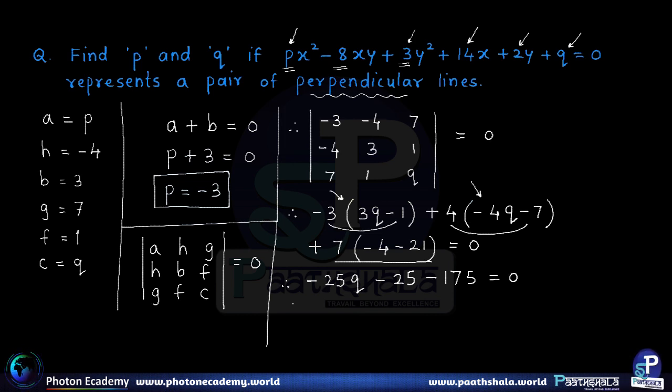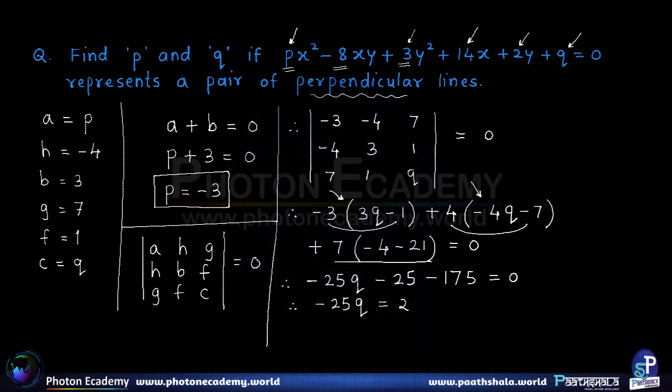So therefore we get minus 25q equal to, merging the constant terms and taking them on the other side, 200. Therefore lastly, dividing both sides by minus 25, we get q equal to minus 8. So in this way we have found